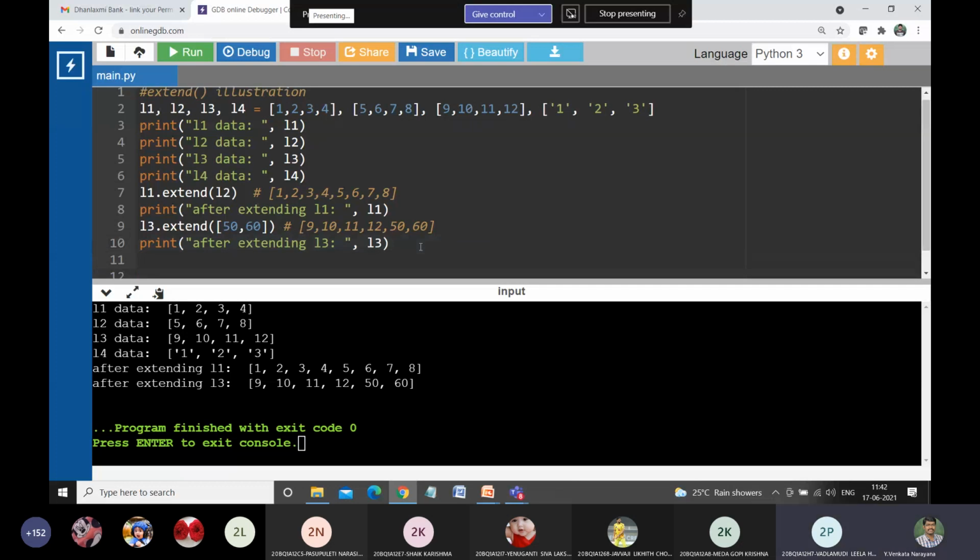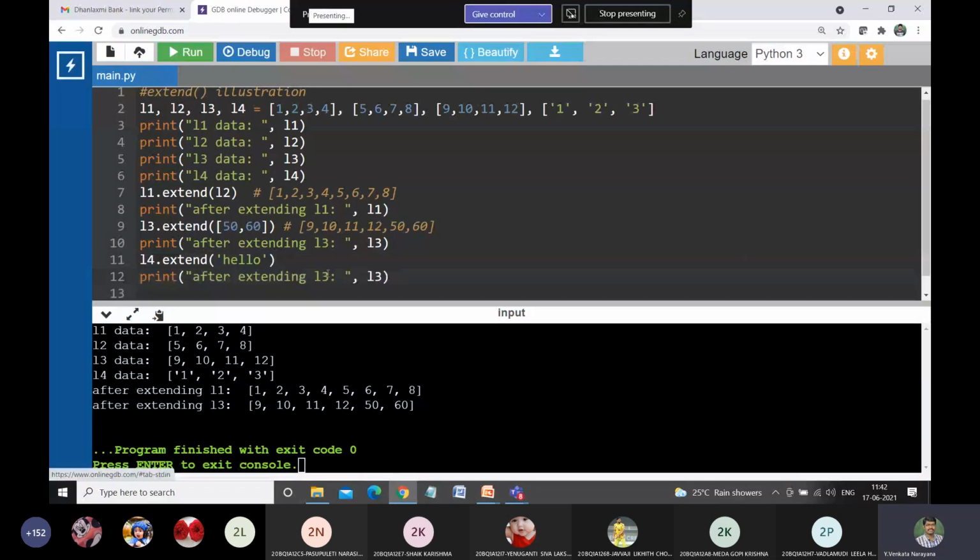Yes, sir. So for list L4, I would like to add a string hello. The extend method can also take a string as an input, since a string is an iterable. So I am checking whether it has been done or not. So print after extending L4.